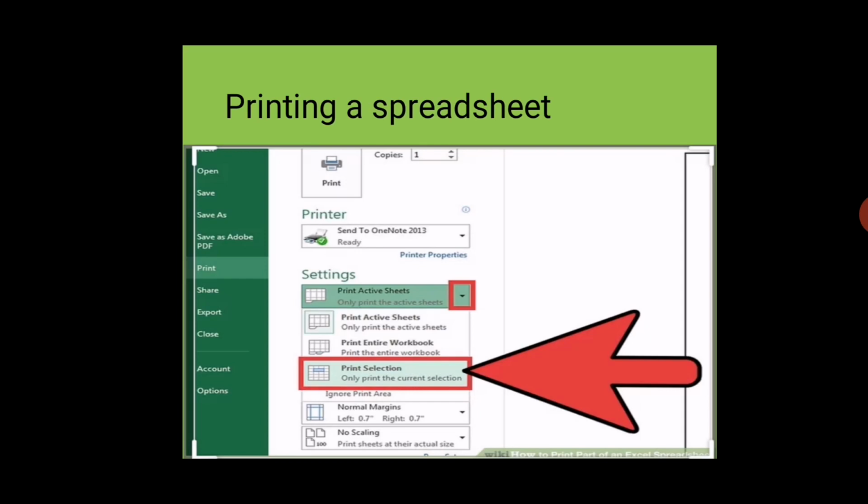First we will go to the File option, then we will select the Print option. Then some options will appear here. You just select your printer name and print your selection. You can see in this picture what settings you want. You can choose to print your active sheet, or in what format you want it, whether you want a particular single page or how many pages. You have to give the page numbers also here, and then click on the Print option. Then you can take a hard copy of your spreadsheet.